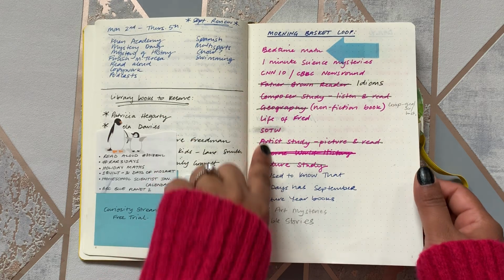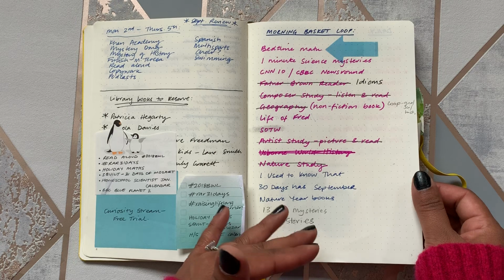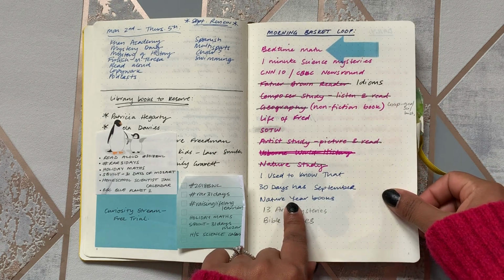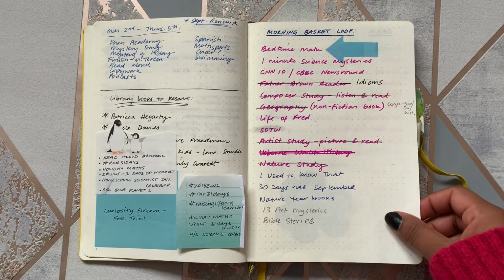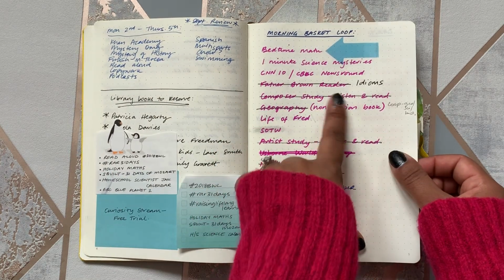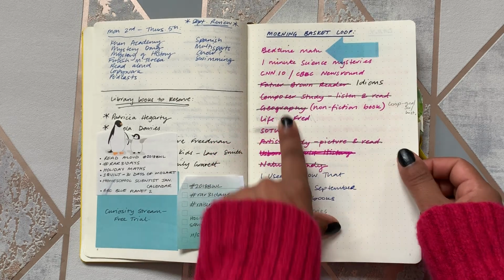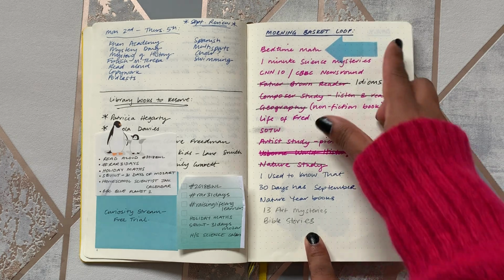I just wrote a list of all the obscure things that don't really fit anywhere. Like we've got this really cool book on idioms, where they originate from, what they mean, things like that. Things I used to know, nature books, Bible stories. Lots of it is basically non-fiction, and then I would say 1 or 2 fiction books. So I just listed out all the things that I wanted to do with the kids,